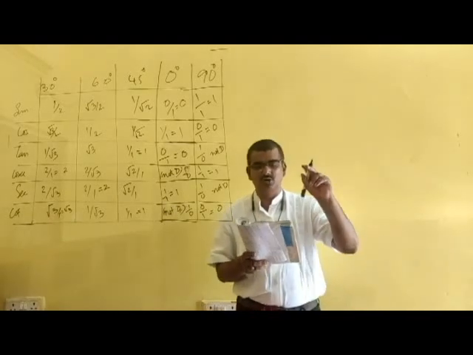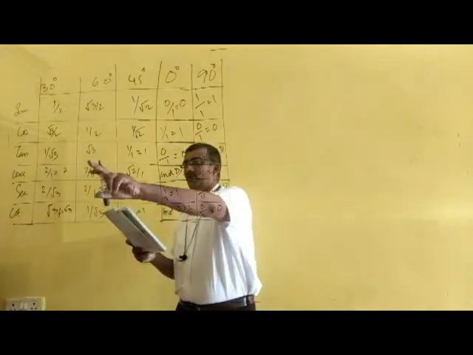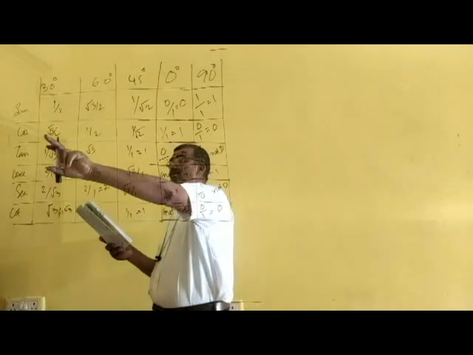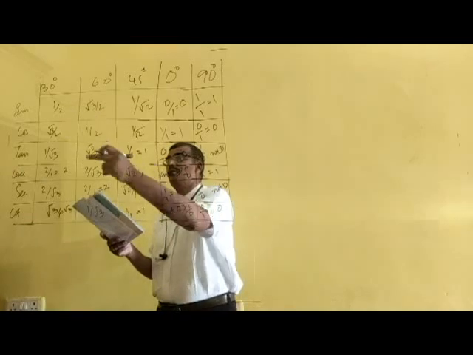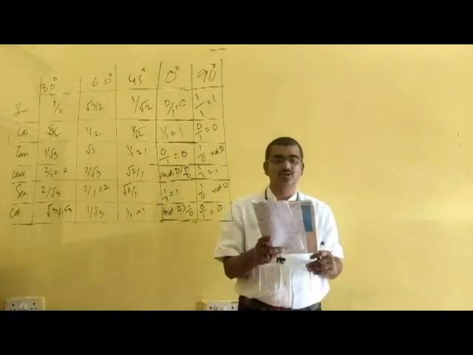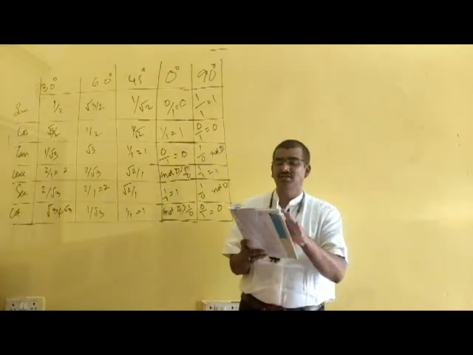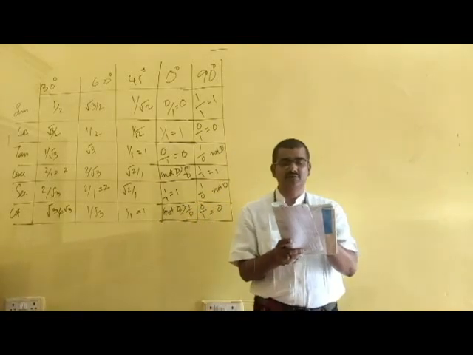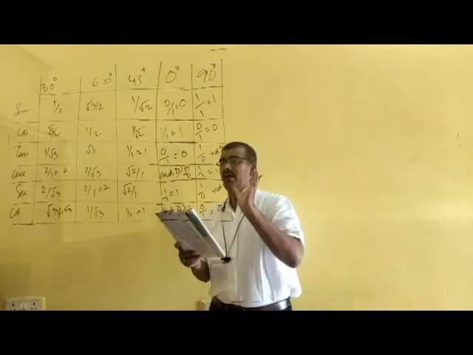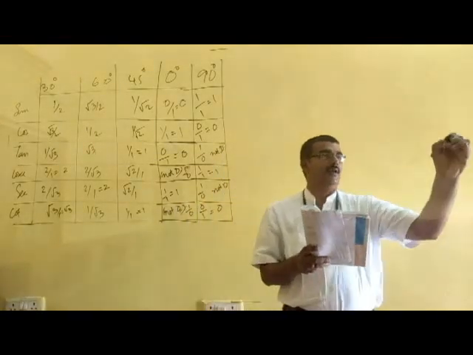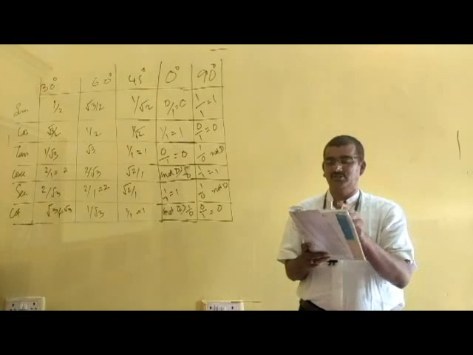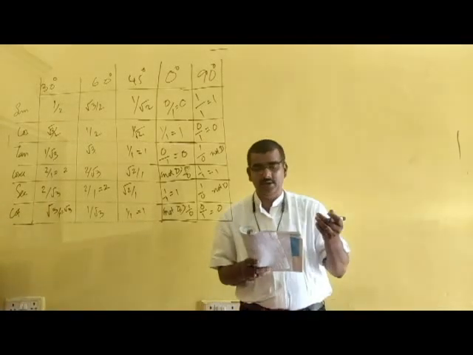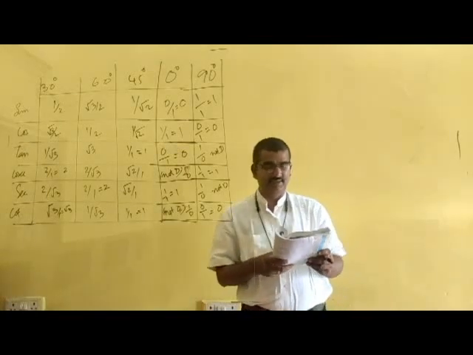Similarly, in the second question also, 2 tan square 45. Tan square 45 is available over here, and cos 45 is available over here. If you take the square of that, it will be cos square 45. That way you can easily find out that answer. So first, second, third, fourth, fifth, only substitute and find the answer. Still, if you are having any doubt in these questions, you can come forward at our next discussion.